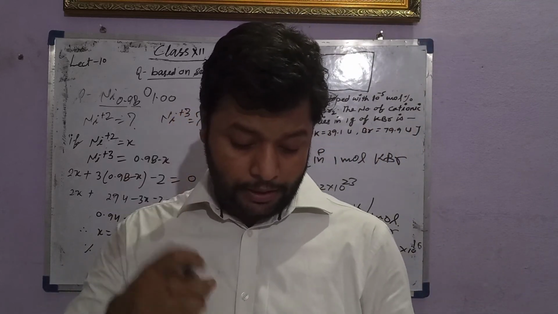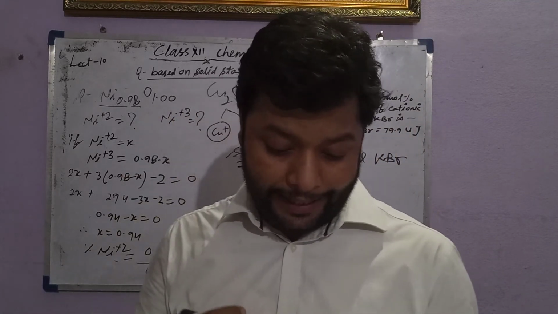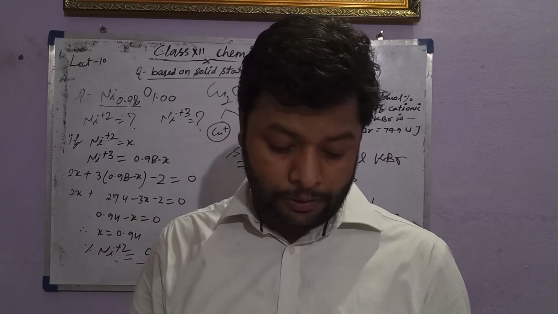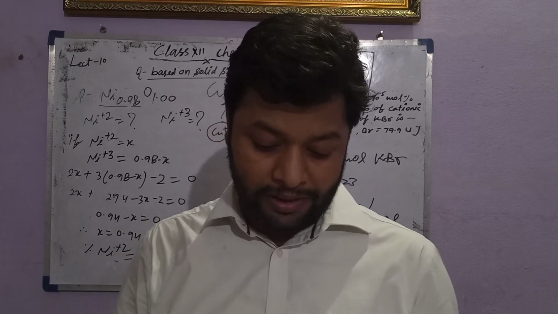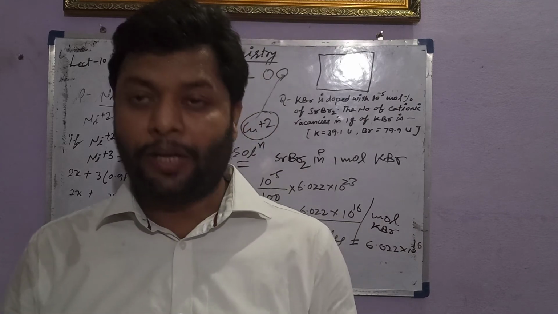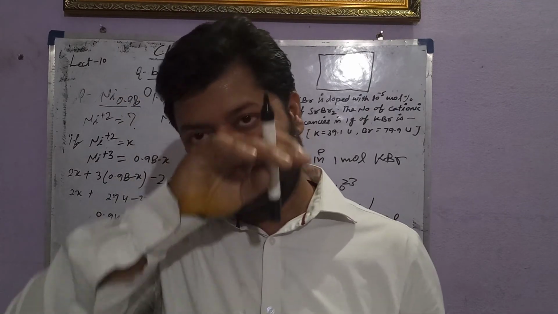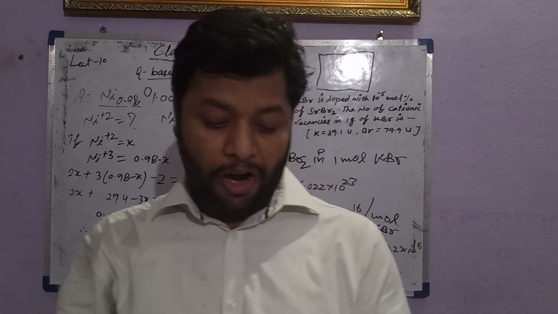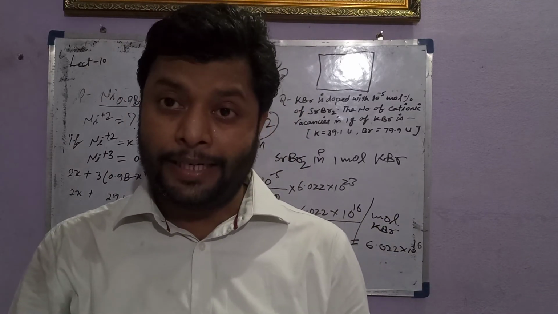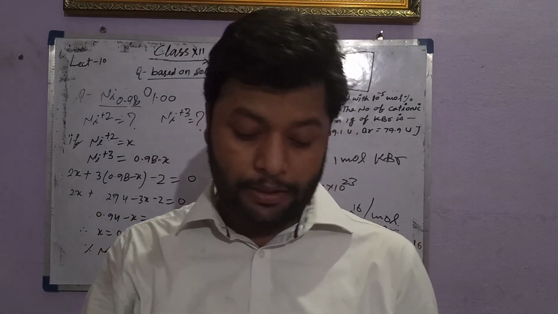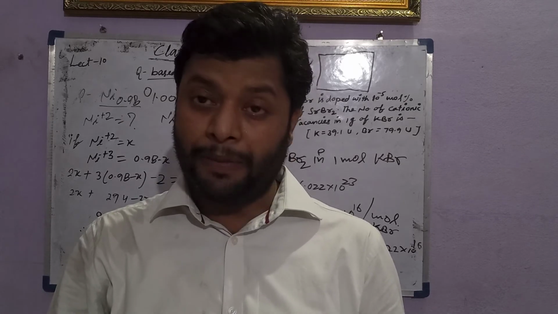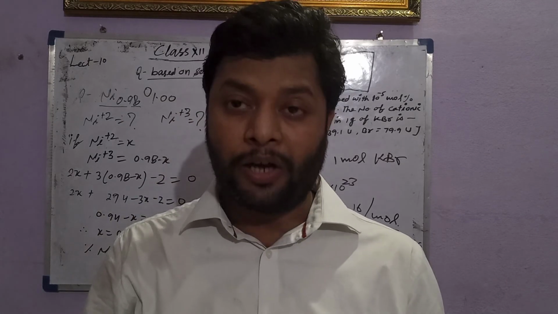One question is there. Ferric oxide crystallizes in a hexagonal close packing (HCP) array of oxide ions with 2 out of every 3 octahedral holes occupied by ferric ions. Derive the formula of the ferric oxide. So you can take a formula. Oxide makes a hexagonal close packing, and the ferric ion takes a position of two out of every 3, means 2/3 of octahedral holes.